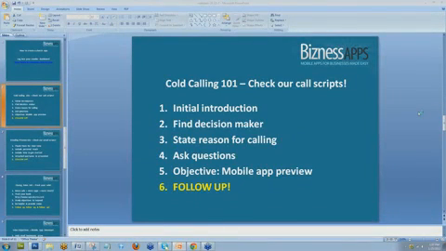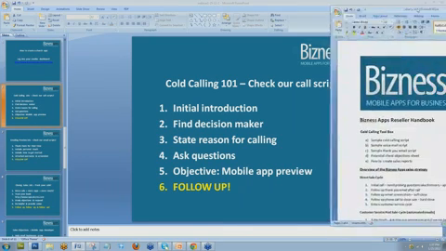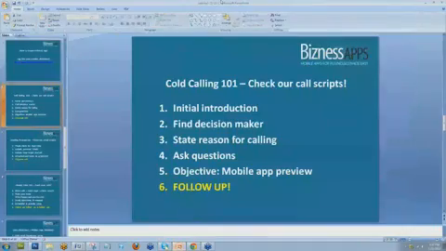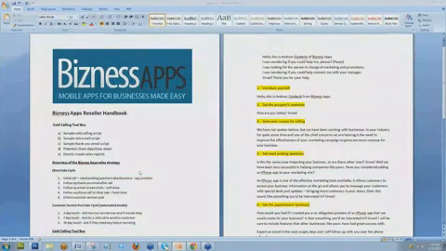So with Business Apps, we include some materials that I think a lot of you probably aren't familiar with, and I'm going to be going over those in just a second. Inside the reseller dashboard, we have some files that you can download. One of them is this cold call script right here. And this cold calling script gives you a better idea on how to make some sales, because